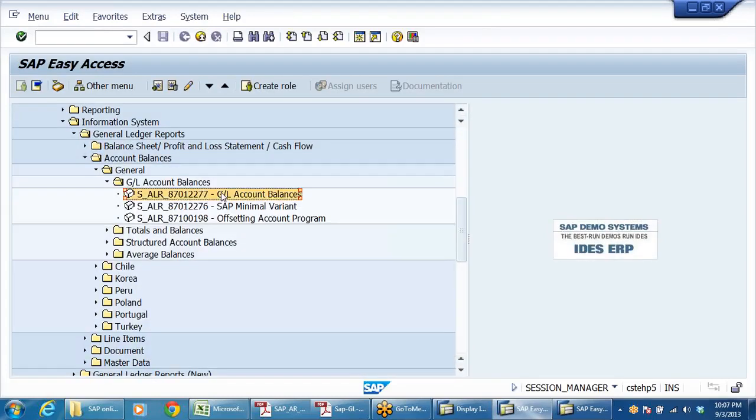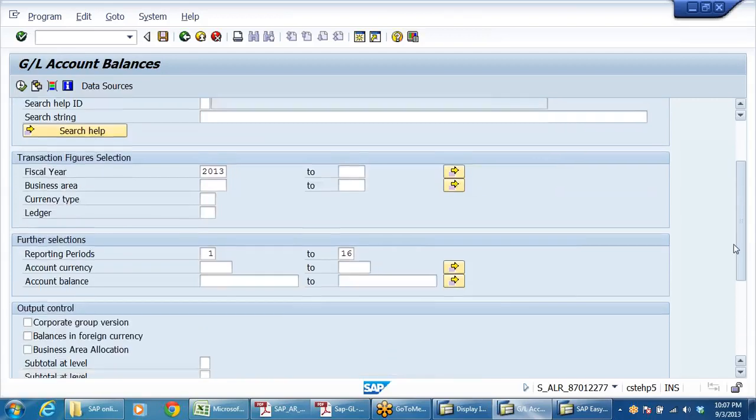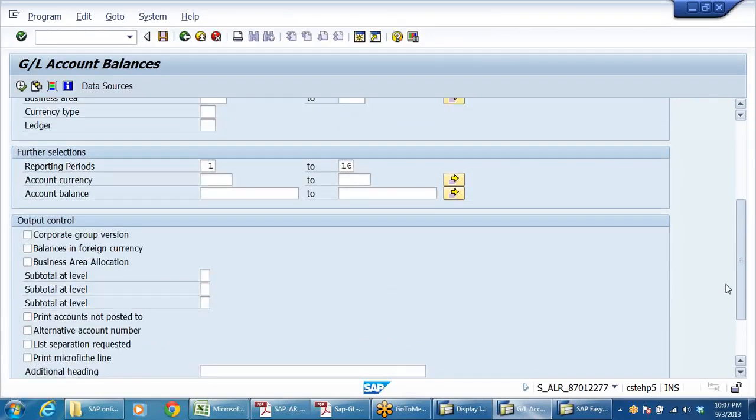But with the document date also we can display the account balances. Yes. How do we do that with the document date? See here, document date, posting date, both you can take when you are posting in the special period.